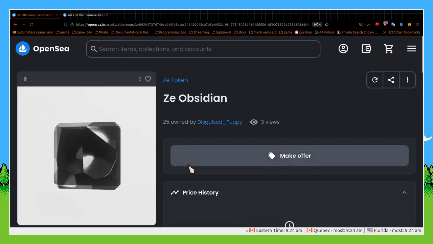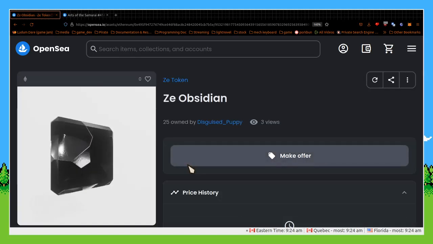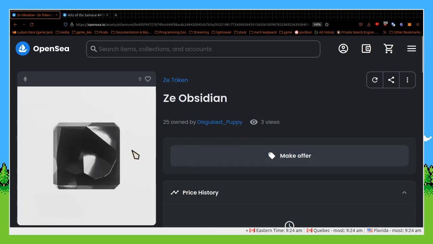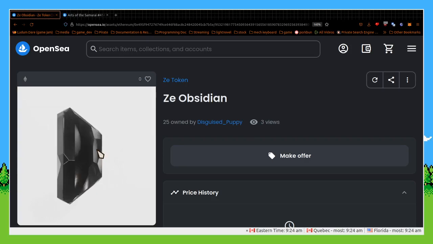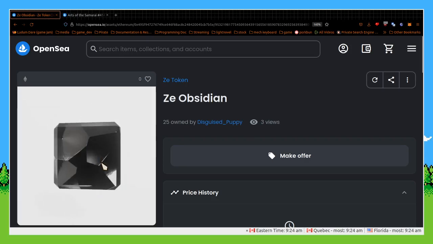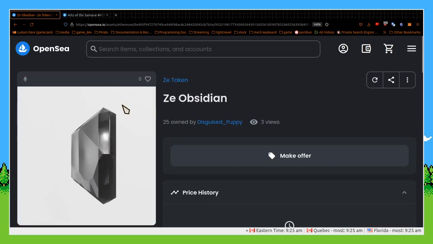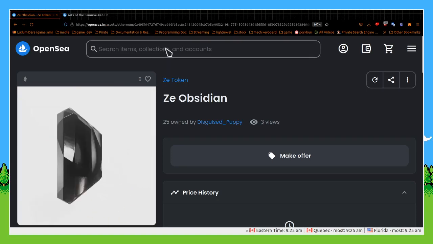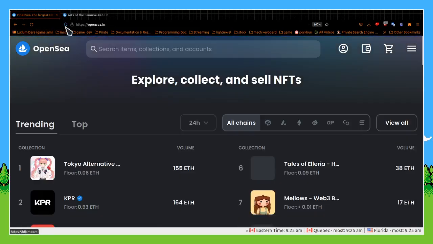This one is nice also. It really does look like what it's supposed to look like. Obsidian, that's what Obsidian looked like. It didn't get any likes for 3 views, but that's what it's supposed to look like. I'm not sure what you expected, but the token of Obsidian looked like a token of Obsidian. The texture is nice. Nothing to add about that.